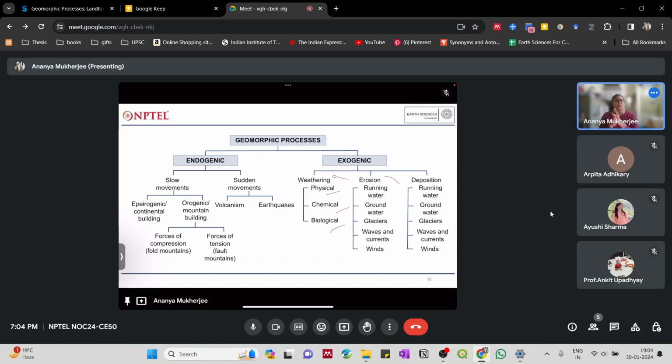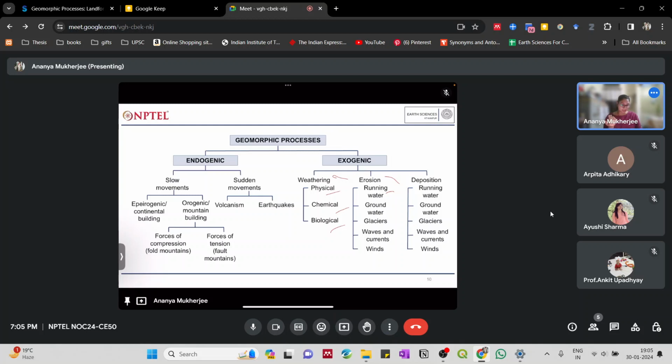Then you have erosion. Erosion is when the material is taken away from a place. So you have weathering happening, then erosion is that weathered material is transferred from one place to another. That is erosion. Now, this erosion needs the constant action of any of the natural agents. So you have running water. If there is a river, the river is causing the weathering also, and then it is transferring the weathered material from the place where it has occurred to another place. So this transfer is actually the erosion. The material is taken away from a place.